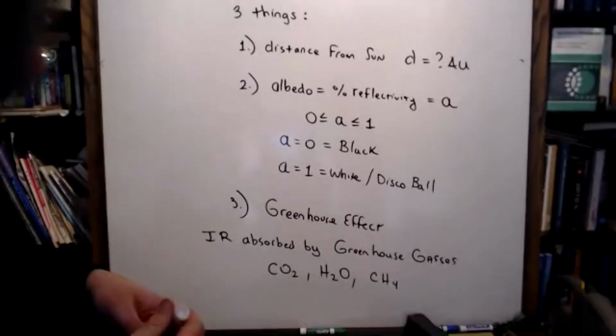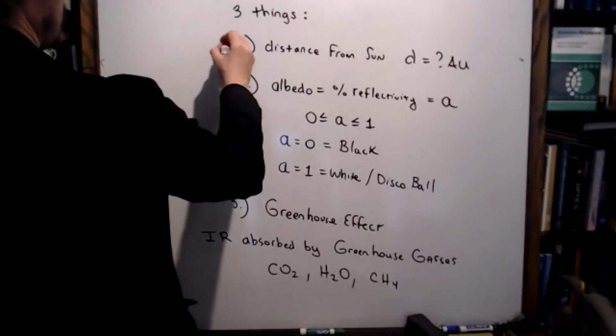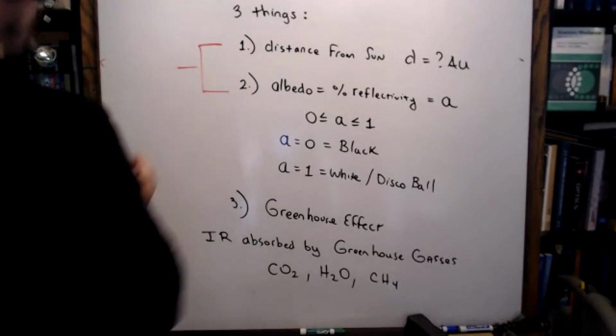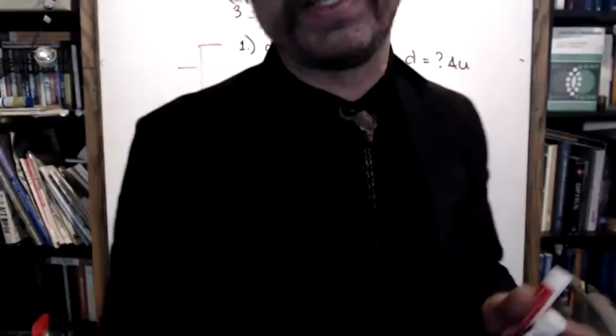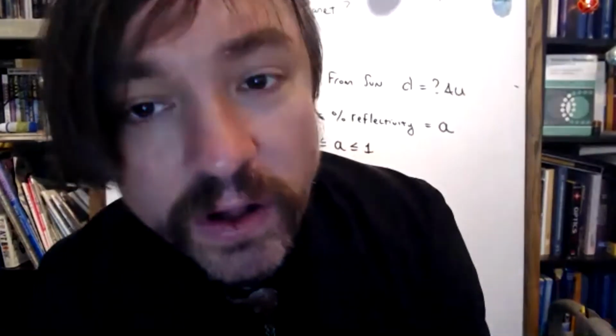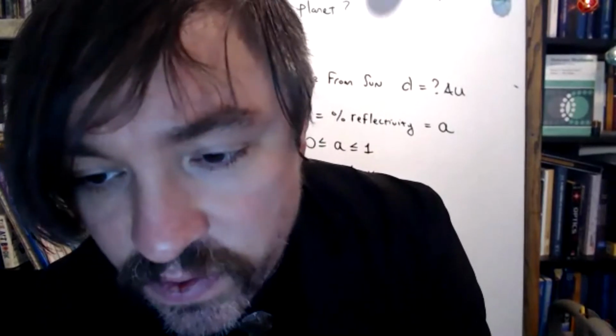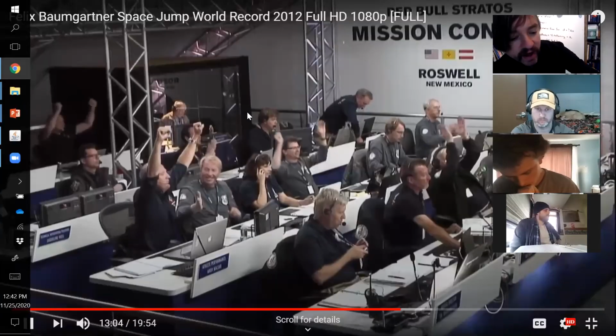With your permission, I'm just going to take a moment to focus on 1 and 2. Because the greenhouse effect requires a planetary atmosphere. But not all planets have atmospheres, but they all do have surface temperatures. And first, we just have to ask ourselves, how hot is my rock in space?